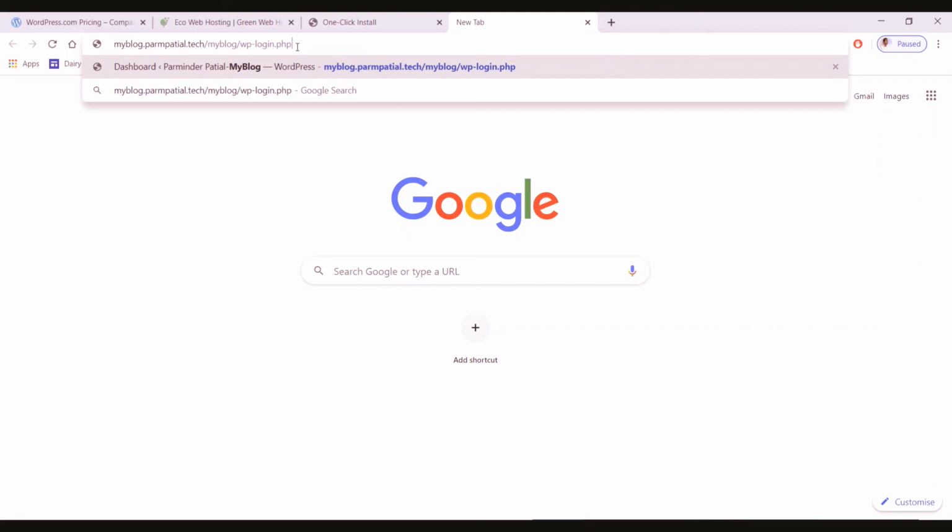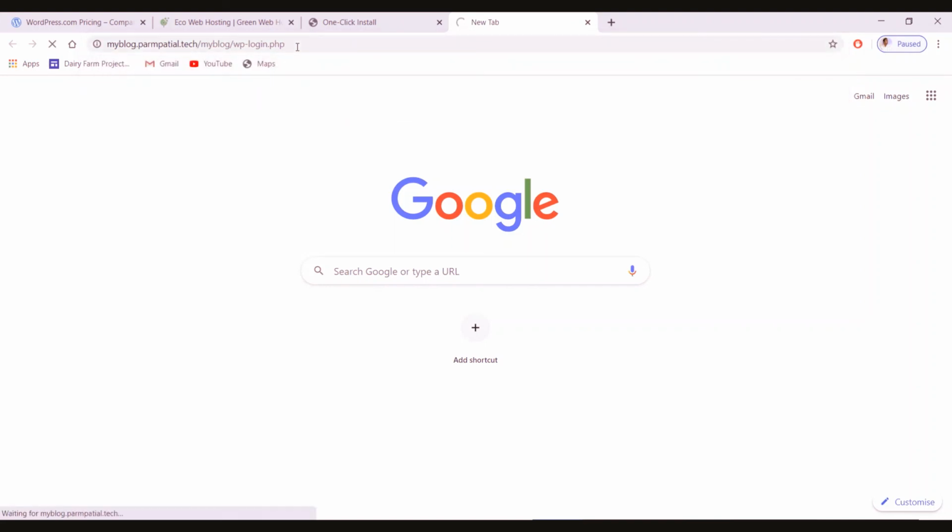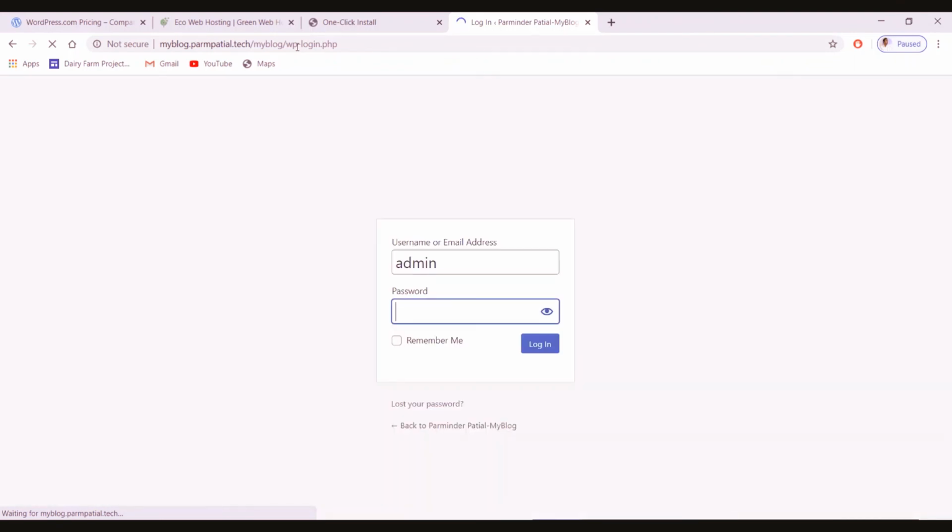So next time whenever you have to open your dashboard, you have to follow this path: myblog.parampatyal.tech/myblog/wp-login.php. Here you have to specify your credentials, that is your username and password, and then you will be led to the dashboard. So that's all for now.